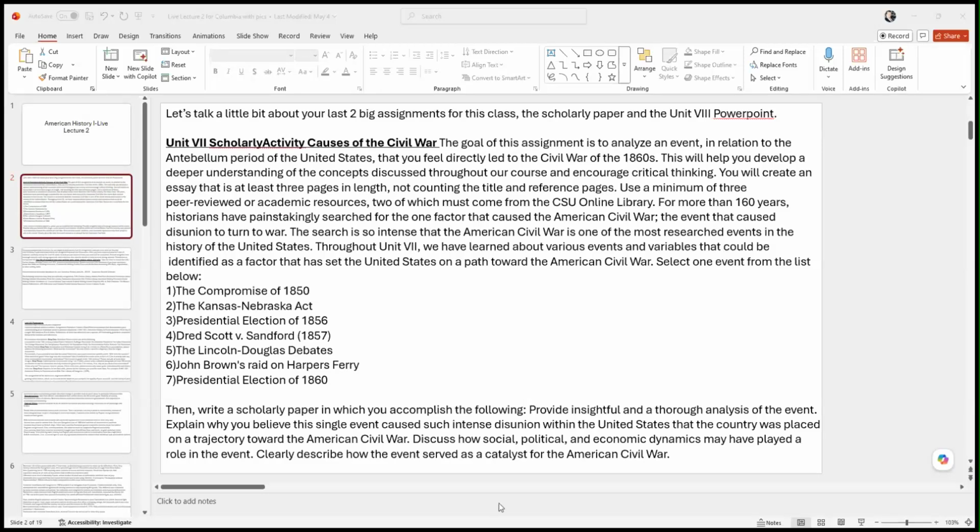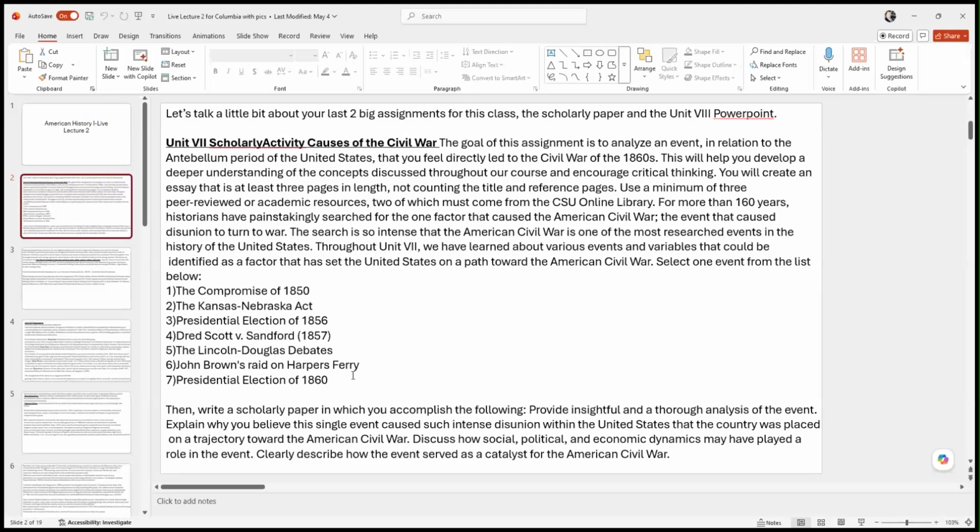Okay, let's get moving here. So let's talk about these last couple assignments. Now, a couple of you have already turned these in, and they were really good. I know it's obvious you know how to do this, but I'm just going to go over this for people that are going to be doing this soon. The next one you're going to do is the Unit 7 assignment, and the Unit 7 assignment is kind of your big writing assignment for the course.